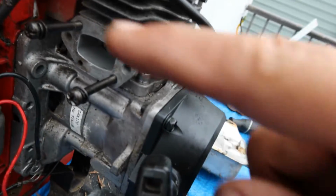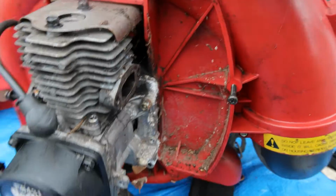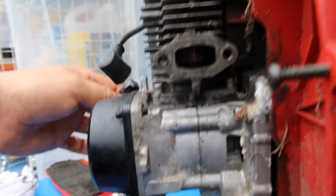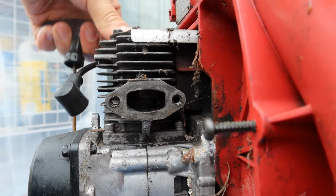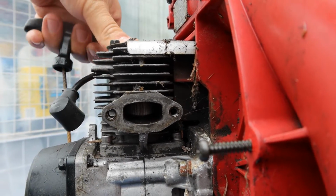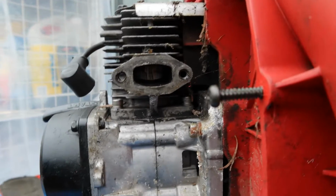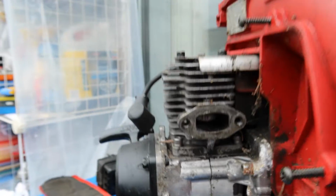Remember how I looked at this hole here, the intake, and we could see the scoring? We're gonna look at the other side now. Oh yes, look at that. And what do you know? There's more scoring there too. I don't know if you can see it too well with this camera, but you can sort of see lines there, the vertical lines. I can see them clearly, but it does not affect the compression for whatever reason. Okay, right, so